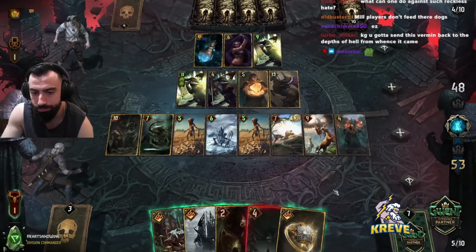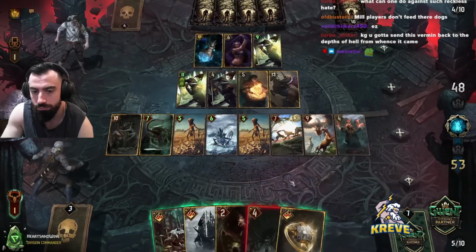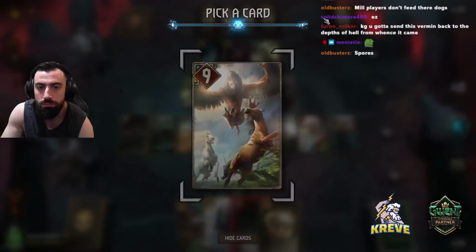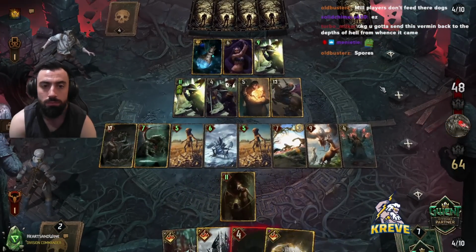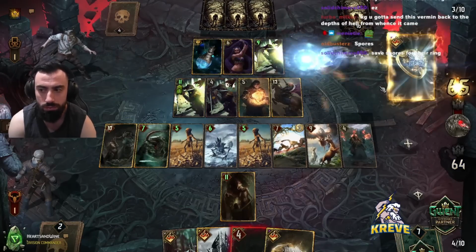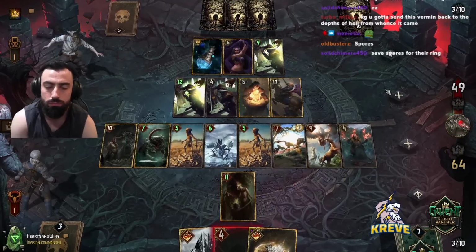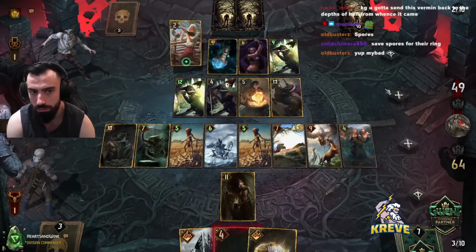What do I do? I hit my Muna? I'm gonna hold it for ring. That's what I'm holding spores for. Yes, yes. There it is. Now we can do it. Now we play our ring,